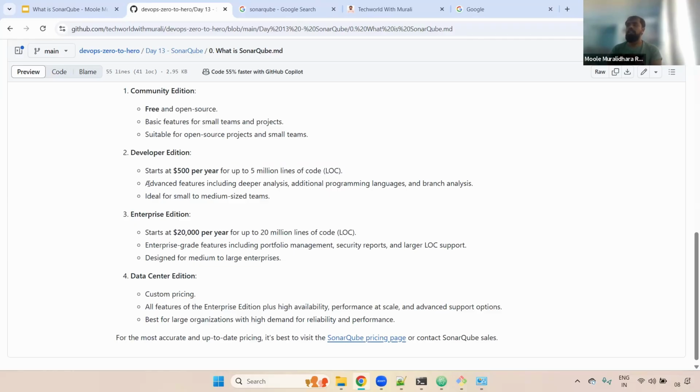This developer edition provides advanced features, including deeper analysis, additional programming languages, and branch analysis. It is usually ideal for small to medium sized teams. Understand? Fine. Coming to the next one, the enterprise edition, which starts at $20,000 per year,